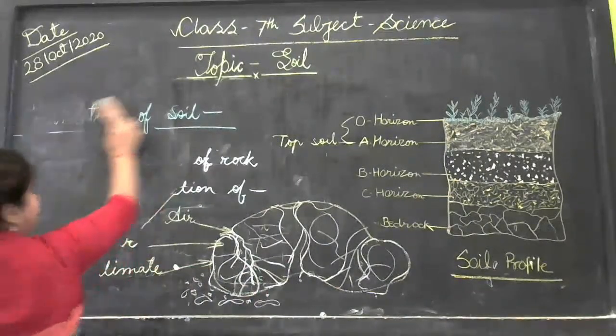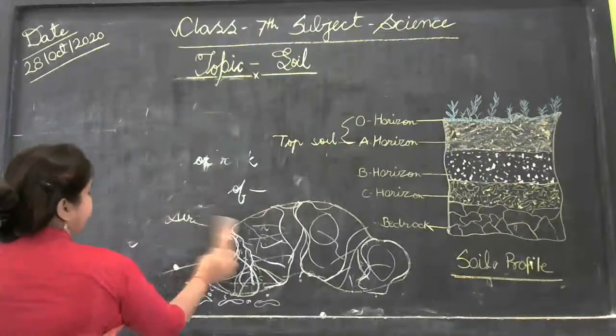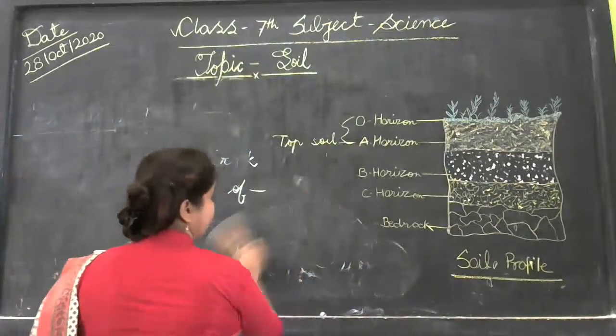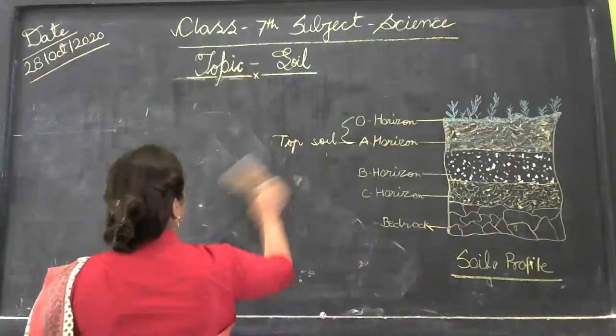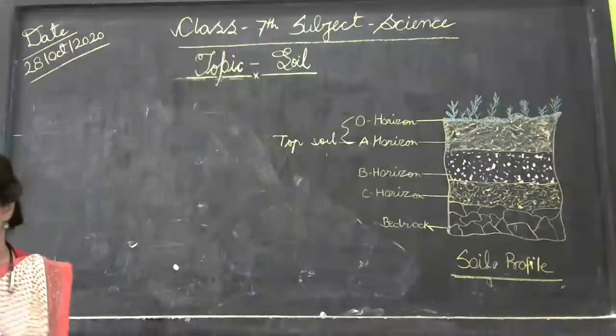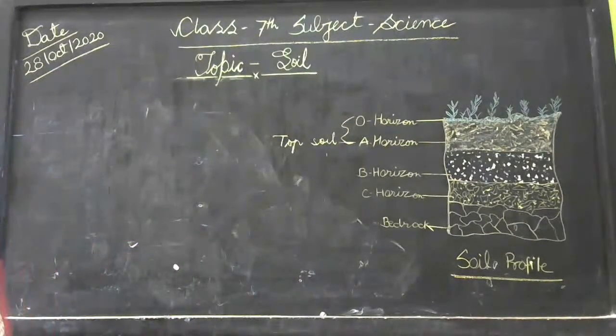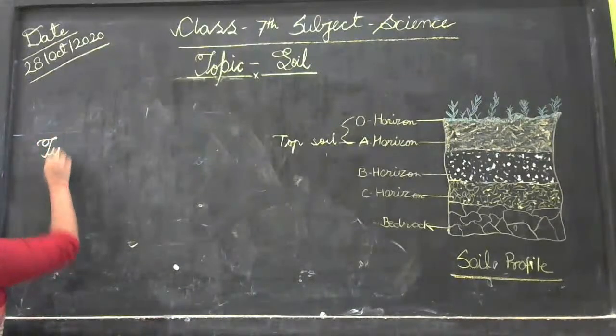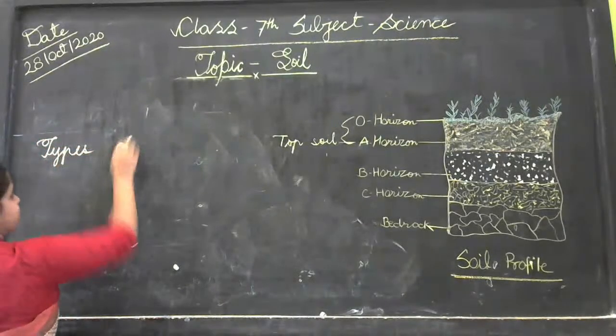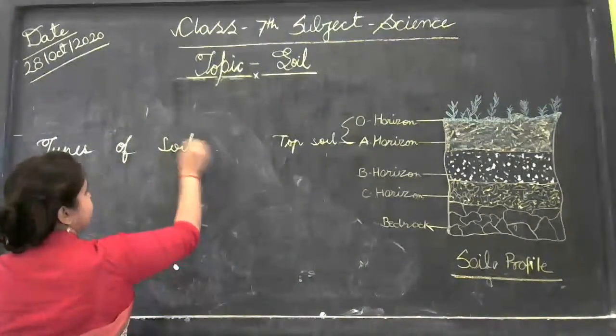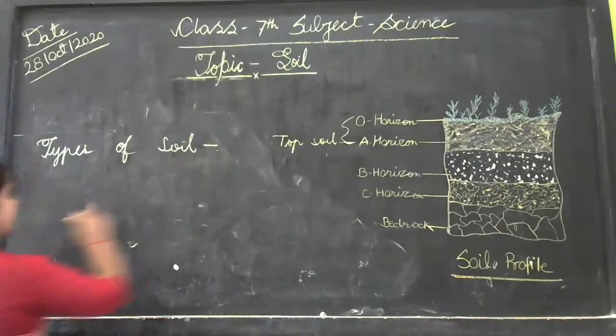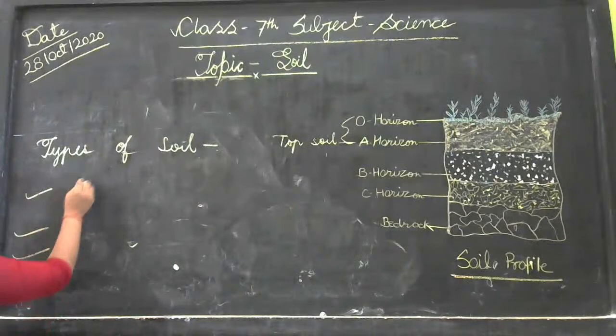Now let's see what the types of soil are. Now we will see what types of soil there are in today's class, how many types of soil there are, which are mentioned in your book. We will read that also. So now we are going to read about types of soil. Basically, in your book there are three types of soil mentioned, that is sandy soil,